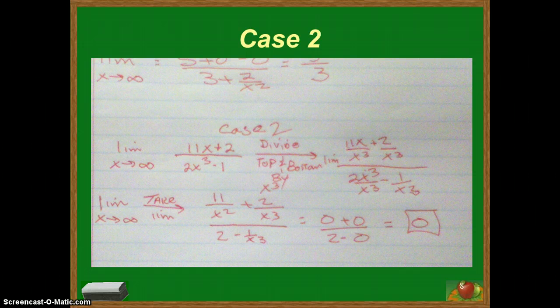So the rule here is when the highest power of x in the denominator is greater than the highest power of x in the numerator, the limit at infinity or negative infinity would be 0. Okay? But you still need to be able to show the algebra of how you get that. And that's what I've done here. The next case,